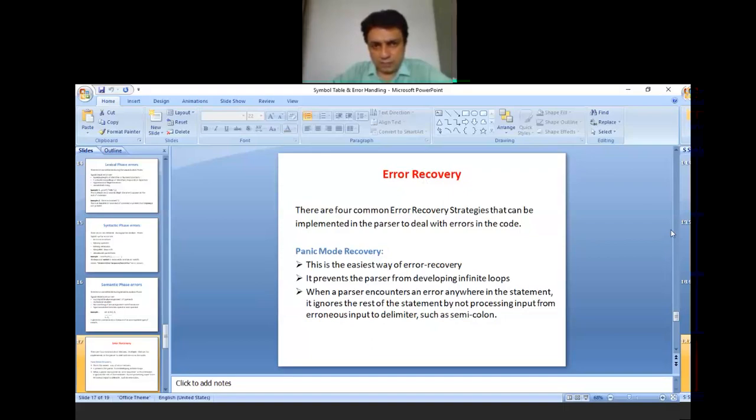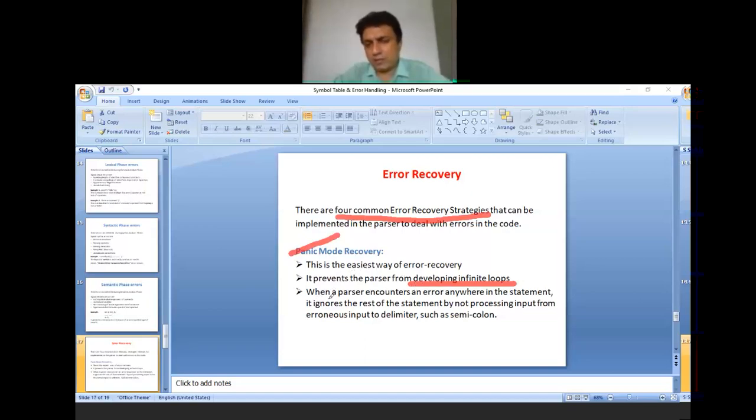There are four common error recovery strategies that can be implemented in the parser to deal with errors in the code. First is panic mode recovery. This is the easiest way of error recovery. It prevents the parser from developing an infinite loop.